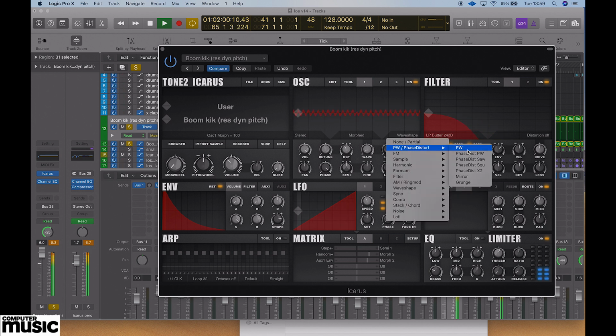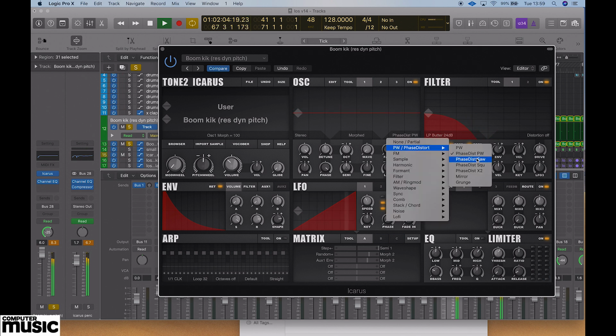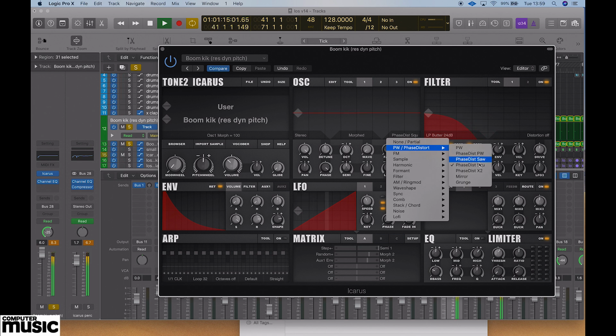and phase distortion, which is a thing that Serum did a lot of and was one of the things that they really innovated. So yeah, this does relate to Serum a bit. It's slightly less intensive on the processor, and yeah, it's great fun to play with, partly because of its simplicity. You're not hearing much effect in all of these, but